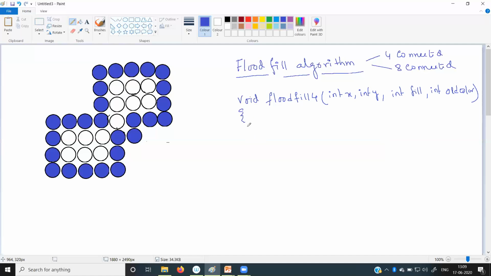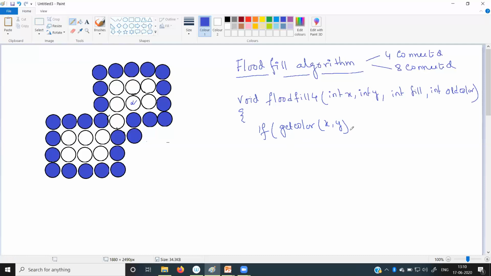Now what we have to do? As you know, using the getcolor function, I can find out the color of the pixel x, y. For this particular pixel, getcolor will return white.